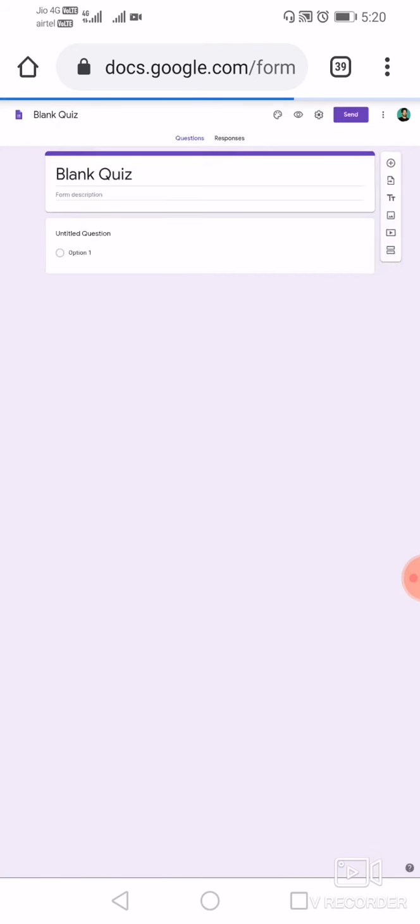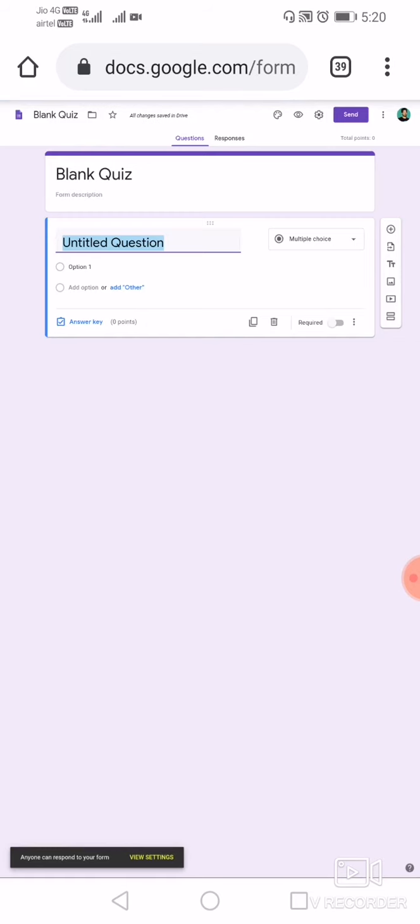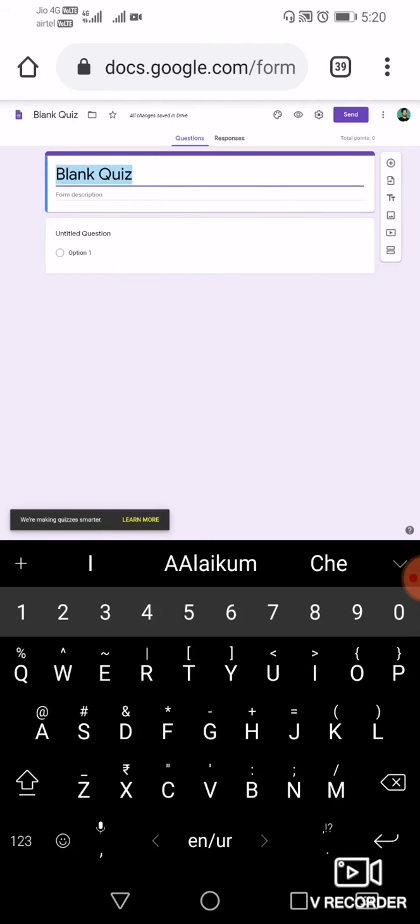After clicking on it, I will wait for some time until I get a form. This is your blank form, nothing is written over here. There are different things I will be explaining later on. Now let's suppose this is the form. For example, I will change the title of the form. In place of Blank Quiz, I'll write